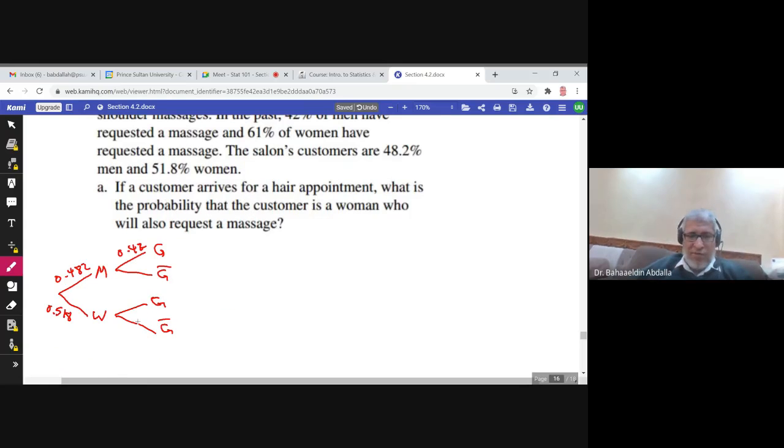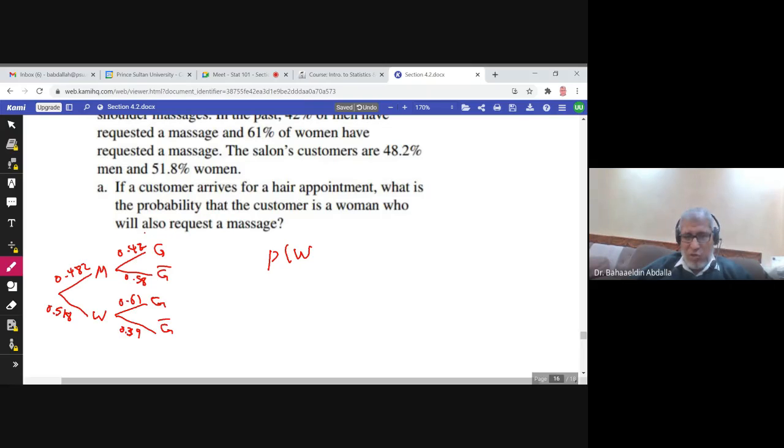So if 0.42 request a massage, 0.58 will not request a massage. Women requesting massage, 61% of women request massage. So 0.39 will not request a massage. We have this tree diagram. If a customer arrives for a hair appointment, what is the probability that the customer is a woman